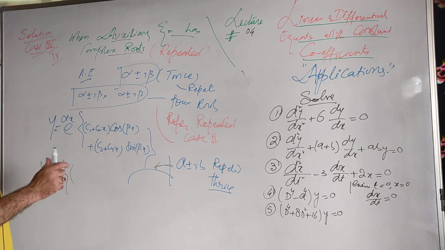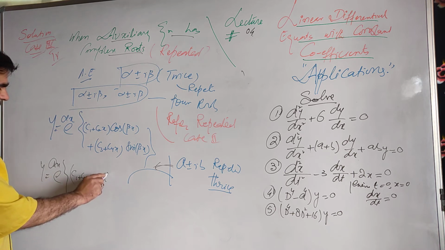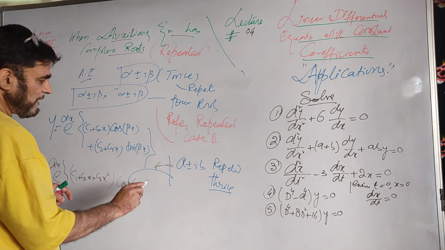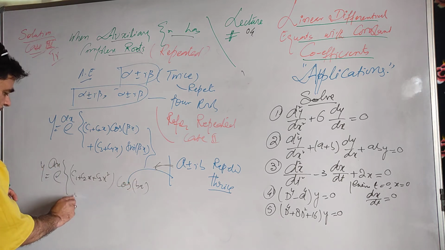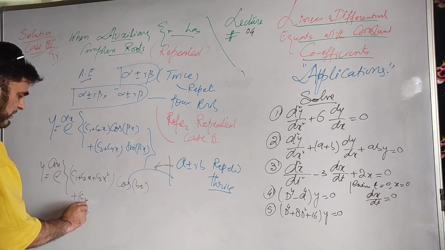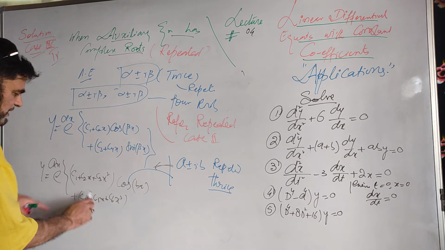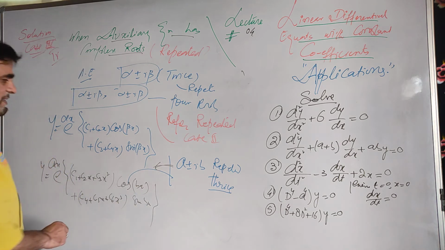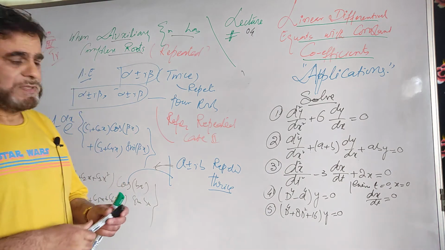Then you will introduce 3 constants first: C1 plus C2x plus C3x square. Please refer to the repeated case. Then cos of the imaginary part, it is bx. Then here another 3 constants, up to C1, C2, C3 you got involved in here. Then you write C4 plus C5x plus C6x square. 6 constants you have involved. It is sine of bx. So this is the case if the equation of degree 6 has this root repeated 3 times.